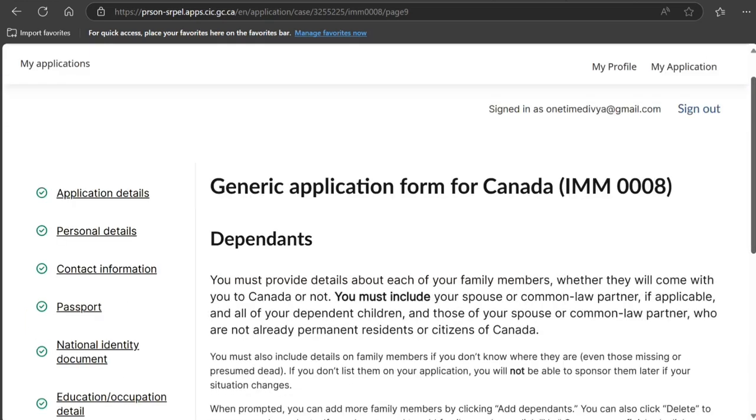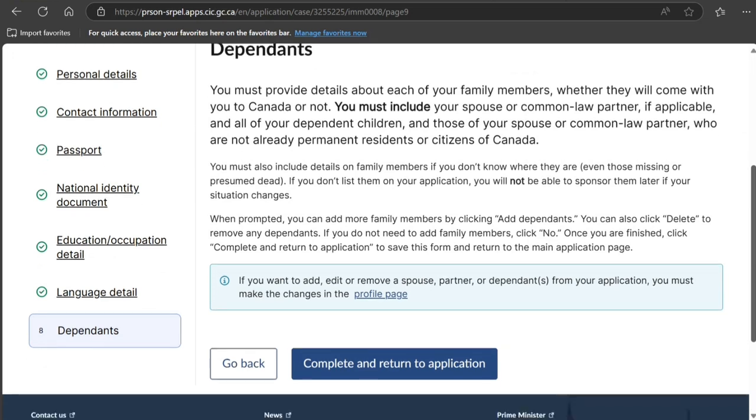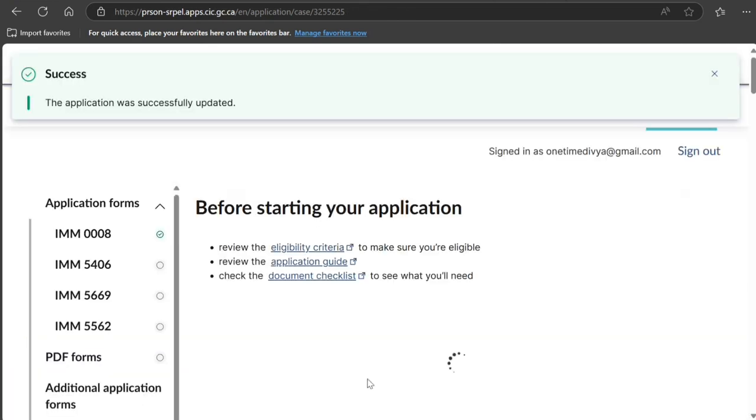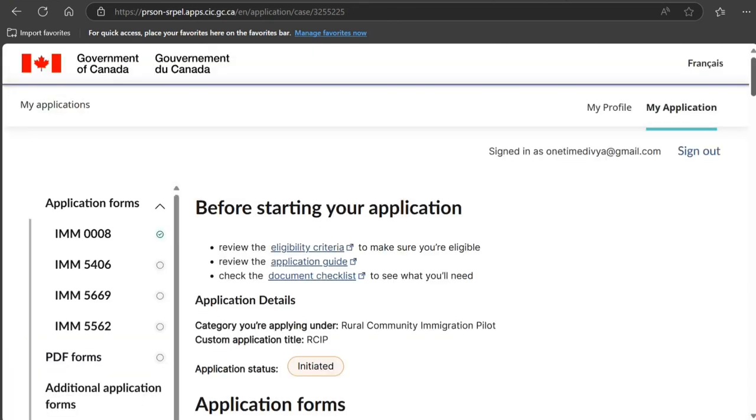Dependents. You have to add personal details about each of your family members, whether they'll come with you or not. Spouse, common law partner, all your dependent children, and those of your partner. Okay, fine. So in this case, we have given no for this. So that's why we are returning back to the application. Okay, fine. Otherwise, if you add them initially, it will ask for